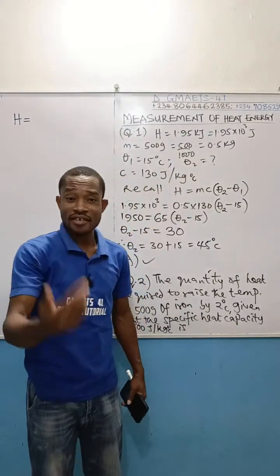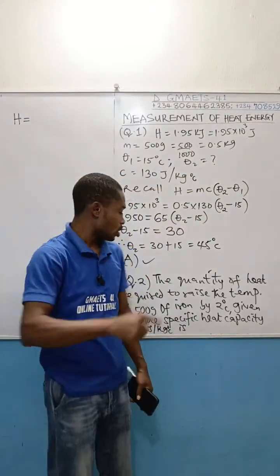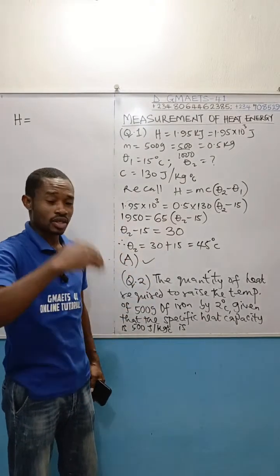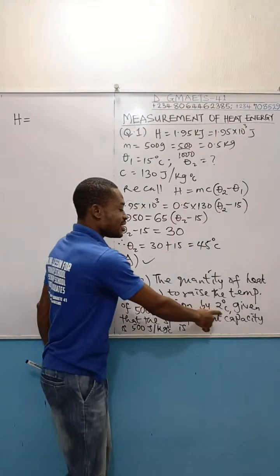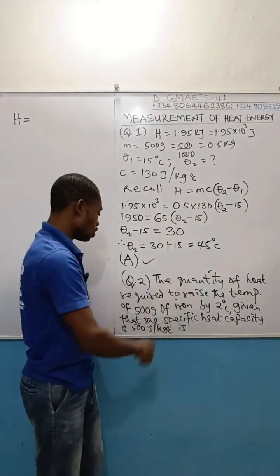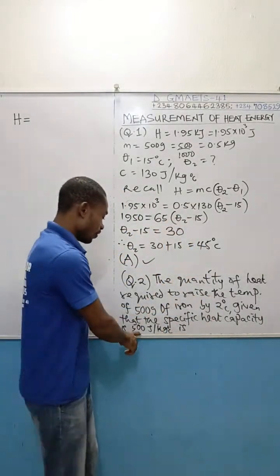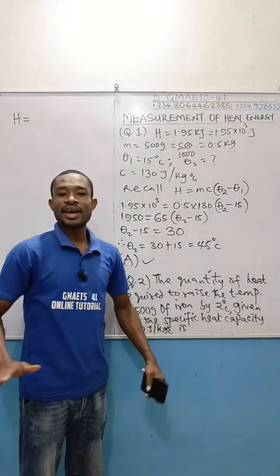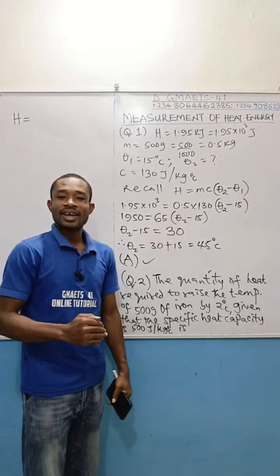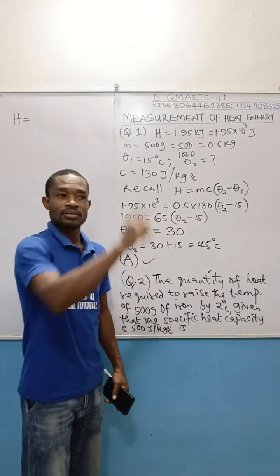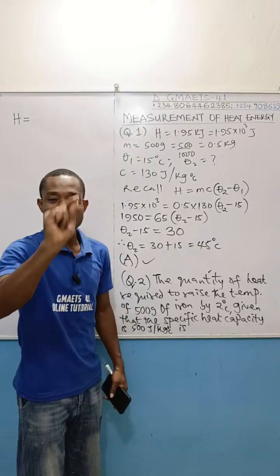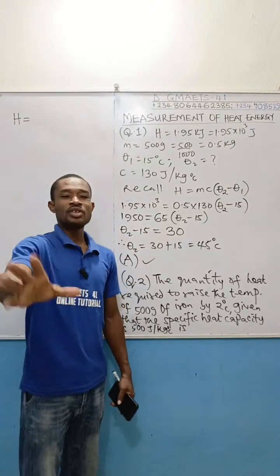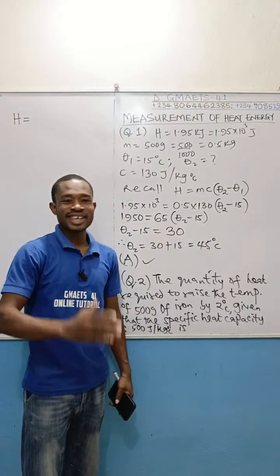You declare your data first, H equal to question mark, you don't know. M equal to 500, then you show the conversion, 500 over 1000, which is 0.5 kilogram. And then delta theta, change in temperature, equal to 2 degrees centigrade. Then specific heat capacity, small c, equal to 500. You write the unit, you declare it, then you bring out the formula. As a recall, if it is in theory, H is equal to MC delta theta before you can now start substituting. I've been doing that a lot, and I'm trying to tell you that in the case of objective questions,